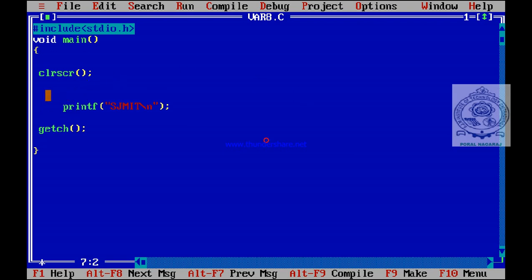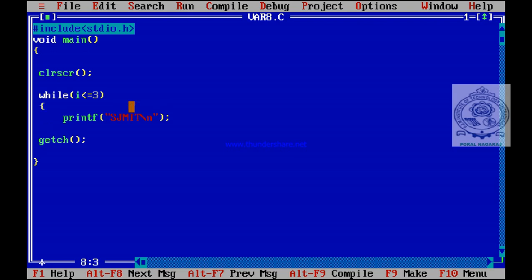As I know that a loop should have 3 things, I am going to use while, loop variable i, while i is less than, say I want to display 3 times, I write i is less than or equal to 3. So the body of the while loop is always a compound statement, so you have to use this pair of curly braces.